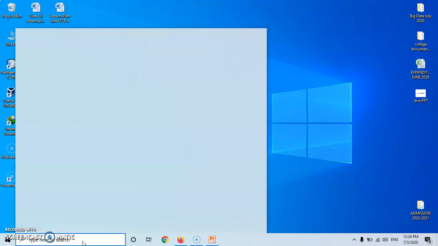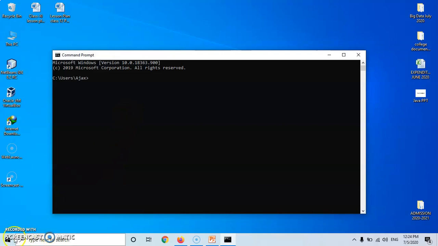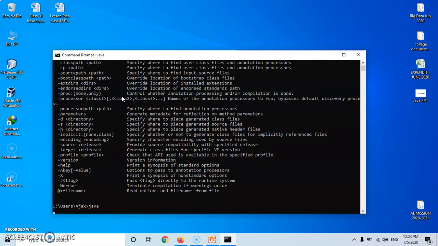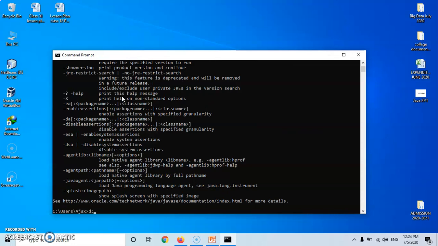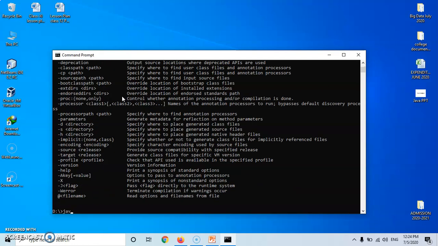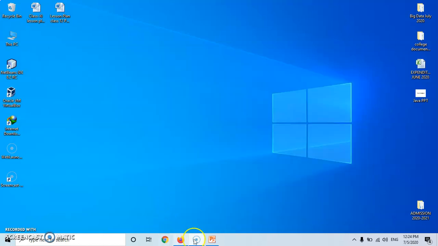So let's go to the command line. So we have come to this command line. And if you write javac here and it works, that means Java is installed properly. javac is the compiler for Java, known as the Java compiler. And the Java interpreter also you can check. So just check that it works from any drive, not particularly this drive. So wherever you work from, java and javac will work. Okay. So this is how you can install and run Java.